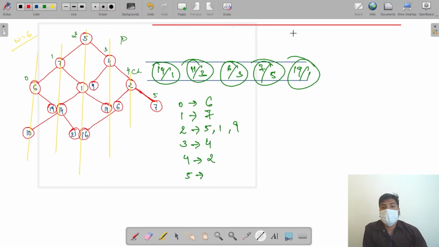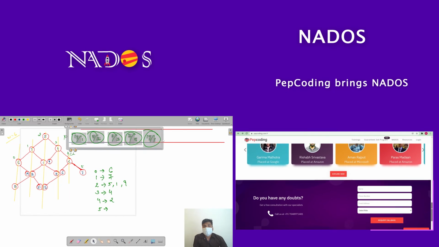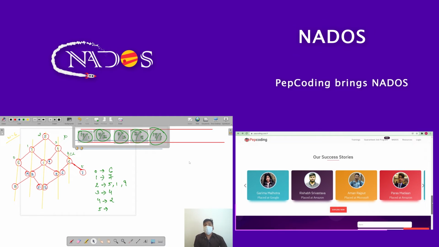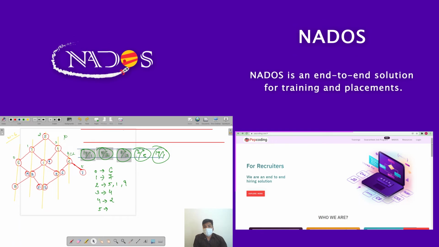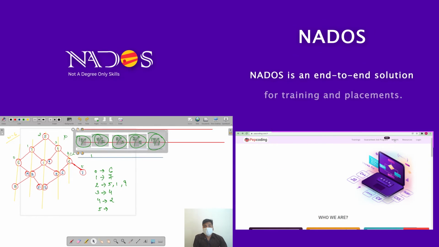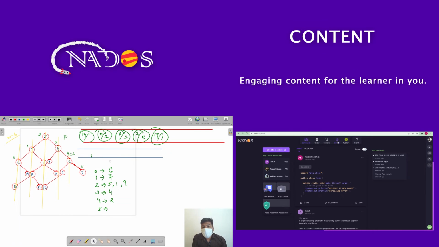So this is our parent queue, so let us fill it again. So again our parent queue is filled, but our child queue is also